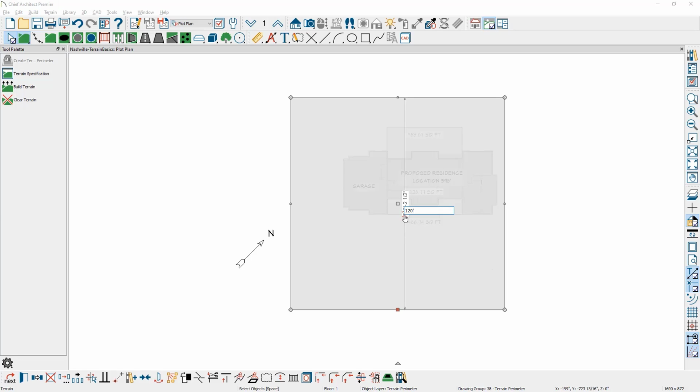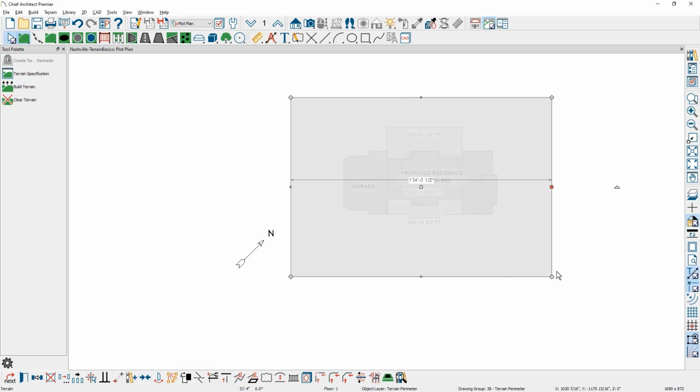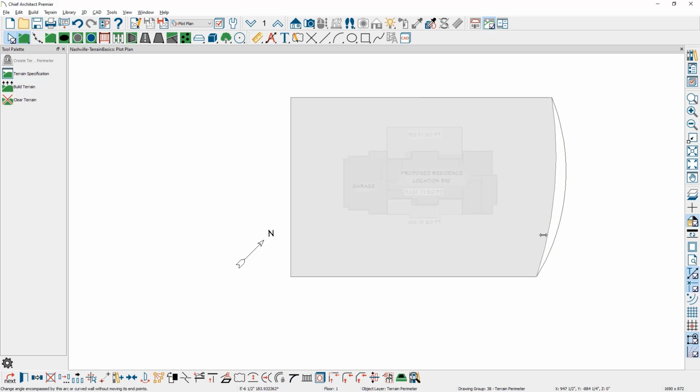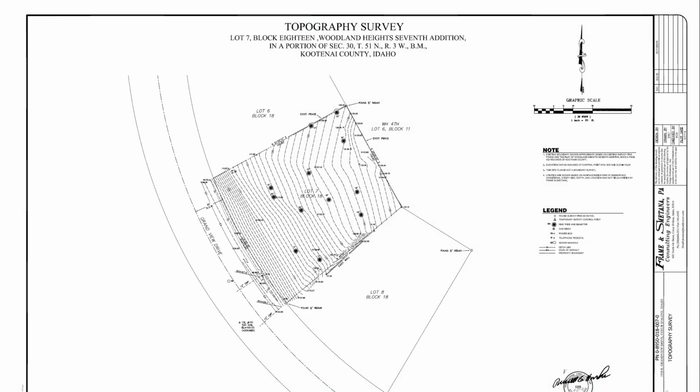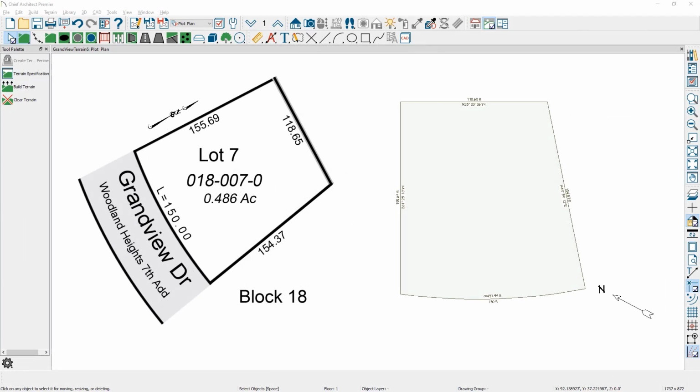for your terrain dimensions. As you shape your lot, this polyline can be shaped really in any shape that you want. You can use the tools as I select the edge, convert that to an arc, and shape it as you need to for your terrain. You can also import terrain from surveyor files or import an image and trace over the terrain to create the exact lot dimensions. Both of these techniques are covered in separate videos.